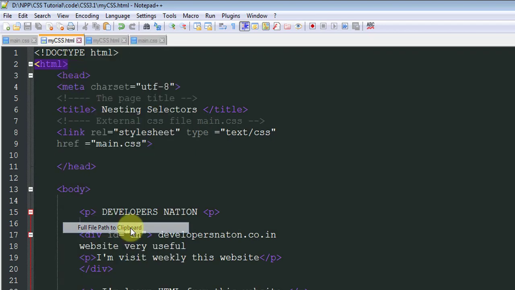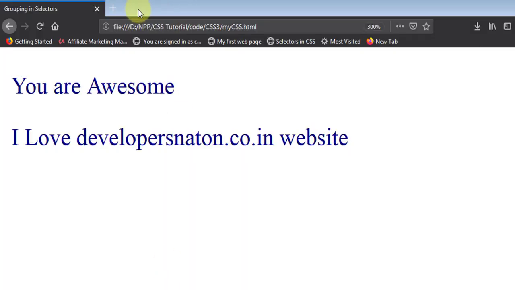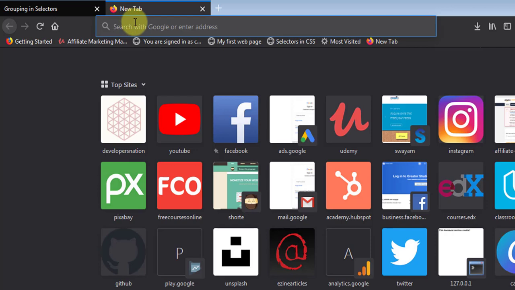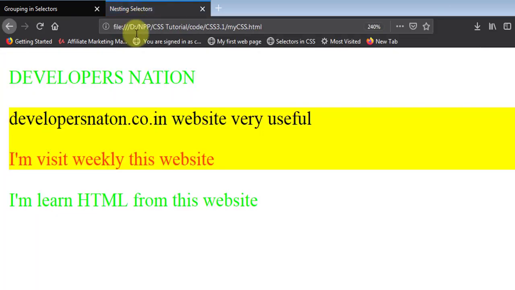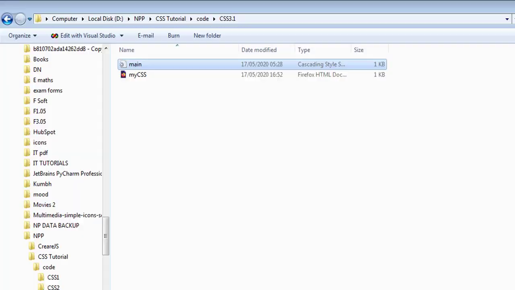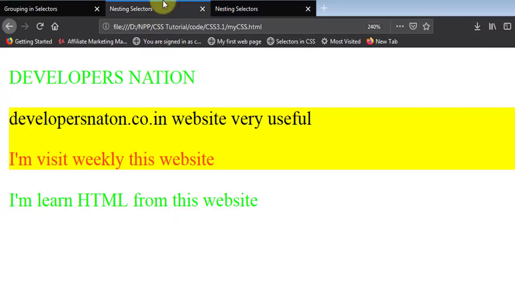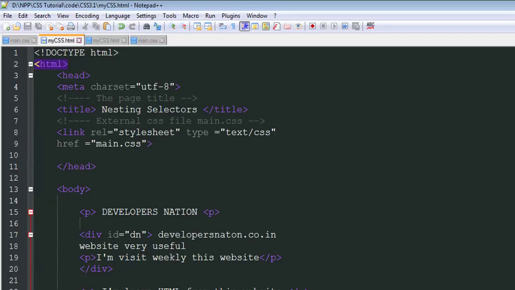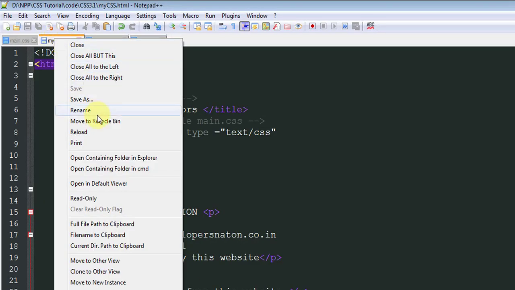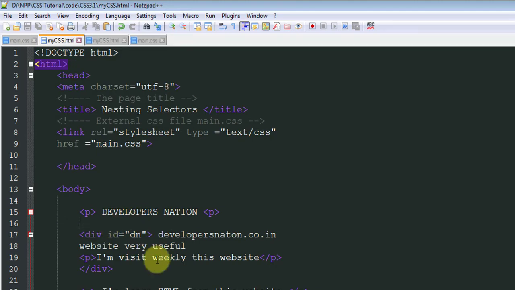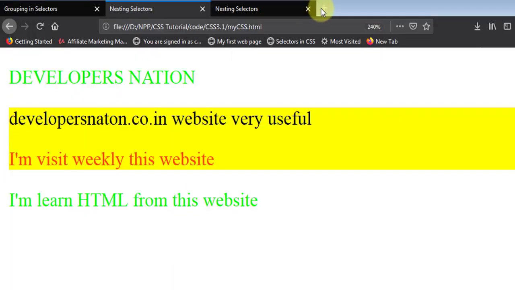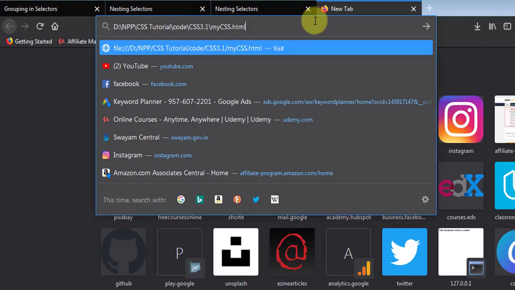Here is the output, guys. If you are having trouble opening the document, you can go to the path where you saved your document and click it, or you can copy the full path of your file, go to any browser you want, paste this path in the URL bar, then press enter. So you can see the output.